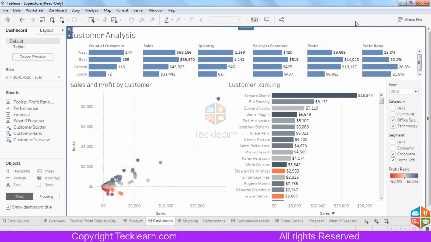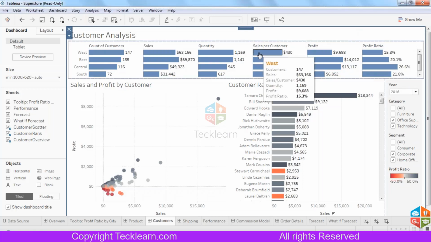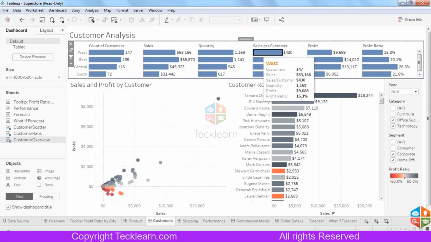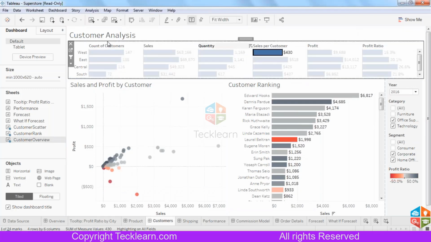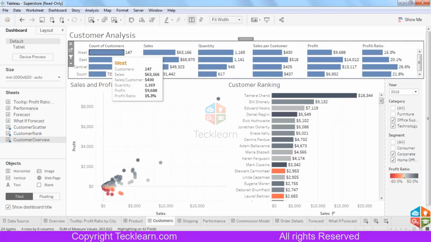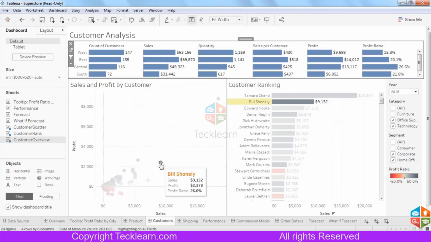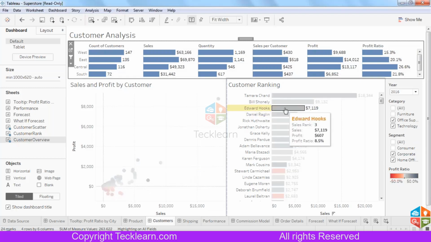The next level to this is that we can add parameters and the next level of filters. Over here, if I quickly select this, you can see the whole dashboard is changing based on the West region. That is how we can add the next level of interactivity and dynamic behavior to this dashboard. Like that, if I hover over any of these dots, other charts change based on this one. This is again the dynamic behavior that we are seeing over here.